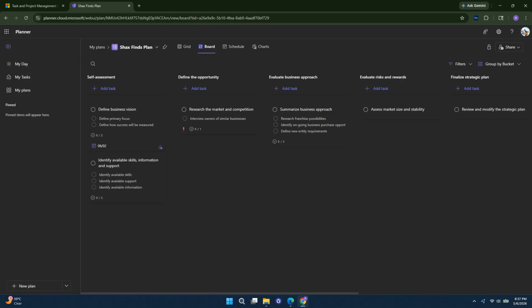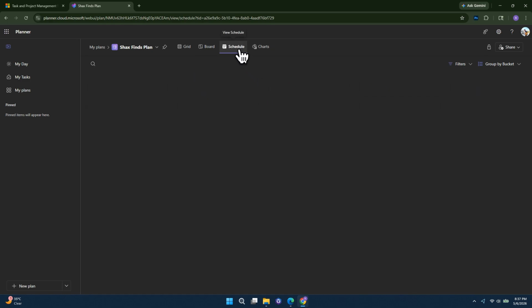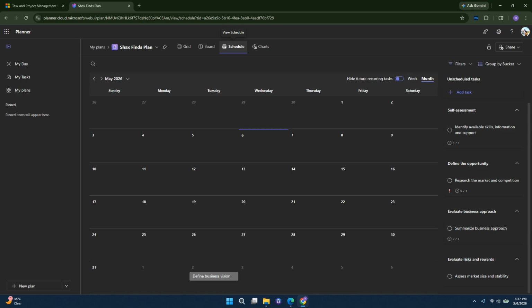After your plan has been created, open it and look at the different view options available, such as grid, board, and schedule. To create a Gantt-style layout, switch to the schedule view. This allows you to visualize your tasks across a timeline, which works similarly to a basic Gantt chart. While it's not a full-featured Gantt chart system, it still provides a useful timeline overview for tracking tasks and project